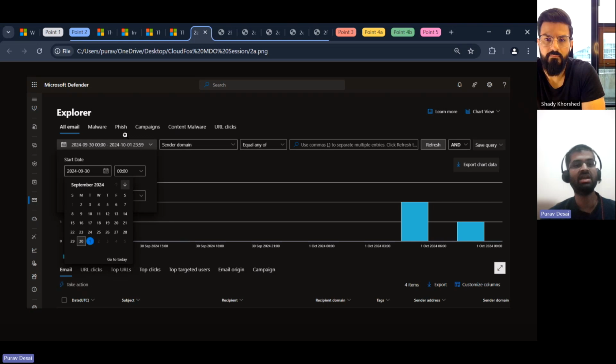But again, you don't only have to use this Explorer tool when an alert happens. You can use it for other purposes. For example, let's say you've signed up to an event and you're expecting a confirmation from that event. You can easily put in the sender domain as that company, put in the recipient as yourself, and see whether that email has gone to you. Maybe it got junked, so you'd realize, let me go into my junk folder, and there it is. It's a bit of a weird use case for this because this is more for security professionals,